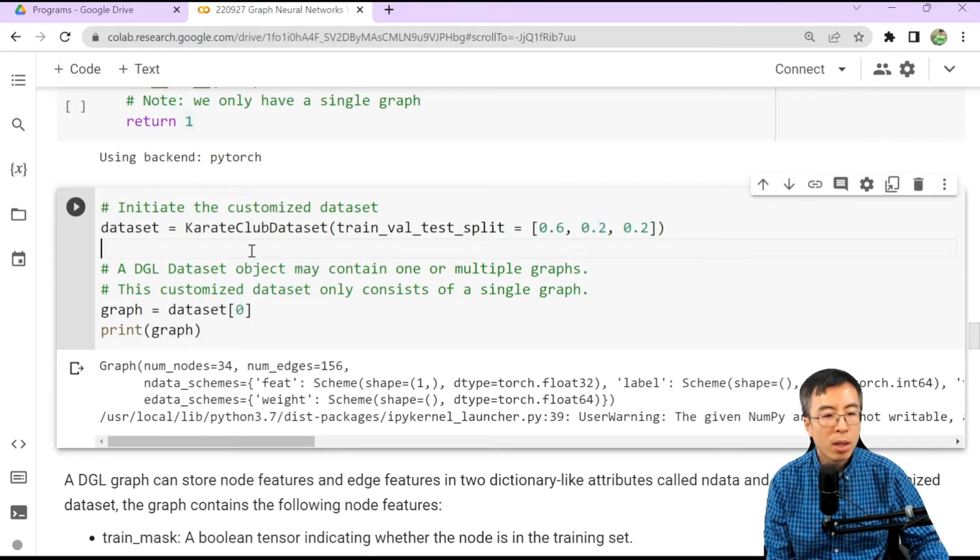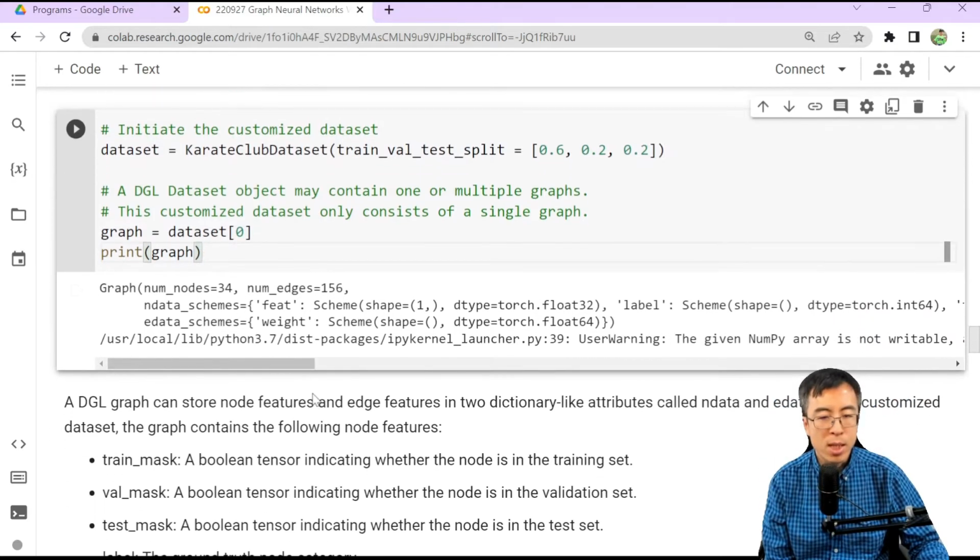And now we can take a look at the created dataset by specifying graph equals dataset 0 because we have a single graph here. As you can see, when we print the graph, the corresponding graph schema is presented here.